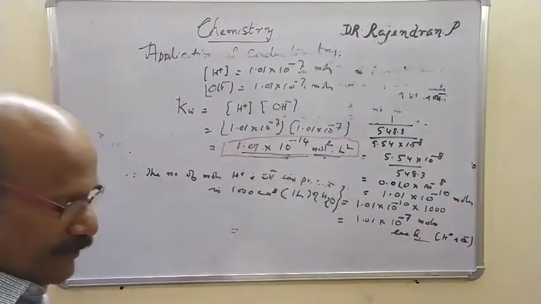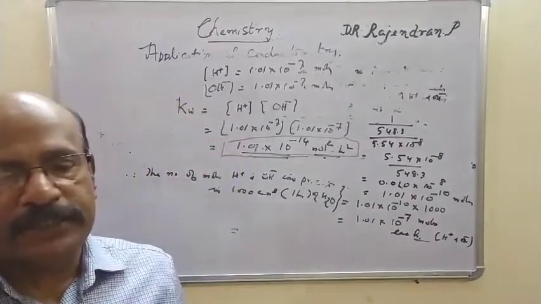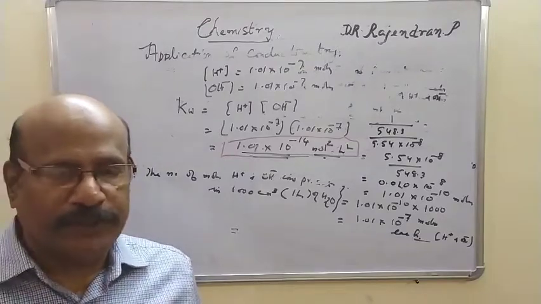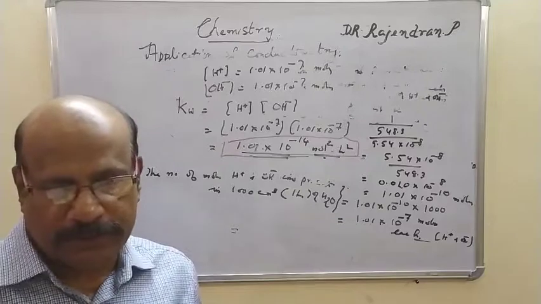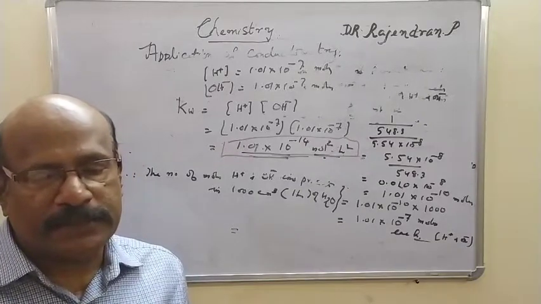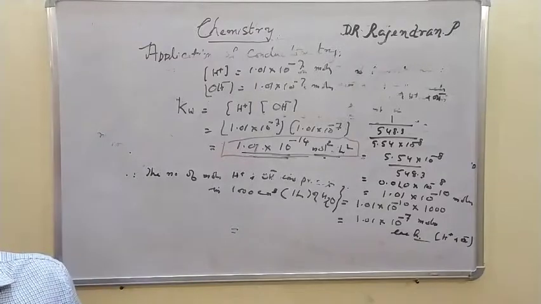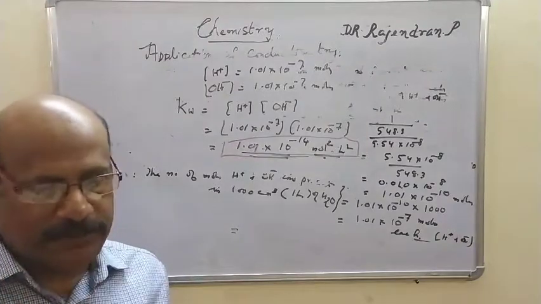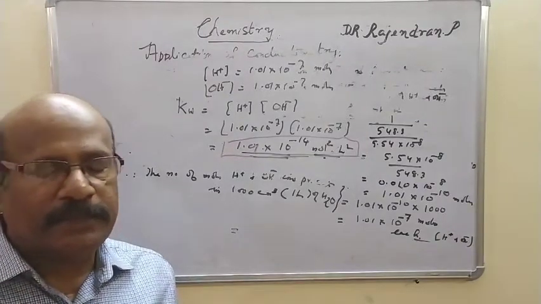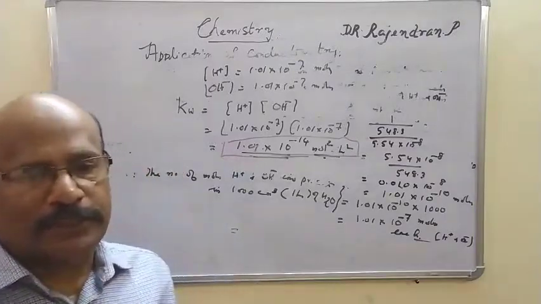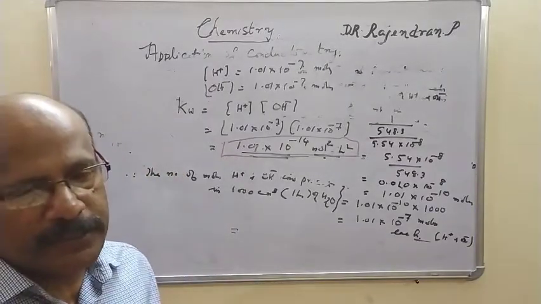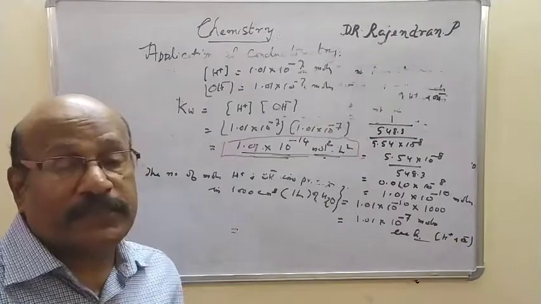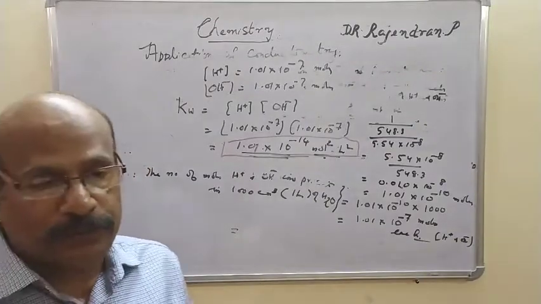So the basic idea is that you have to measure the molar ionic conductivity of H plus ion, the molar ionic conductivity of OH minus ion, then the specific conductivity of a pure sample of water. The sum of the molar ionic conductivity of H plus and OH minus ion gives the molar conductivity of water at infinite dilution, because H plus and OH minus concentrations are extremely small. Specific conductivity is also known by measurement for a pure sample of water, and molar conductivity is equal to kappa into V, where V is the volume of the solution in centimeter cube